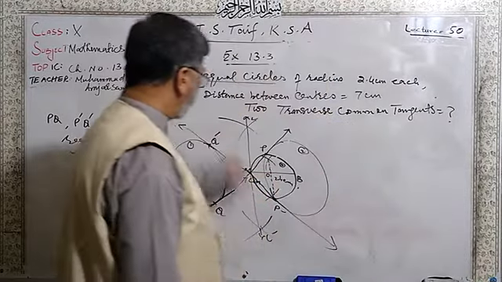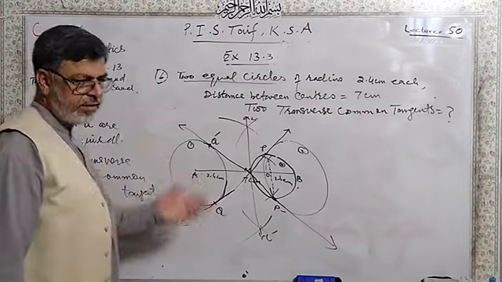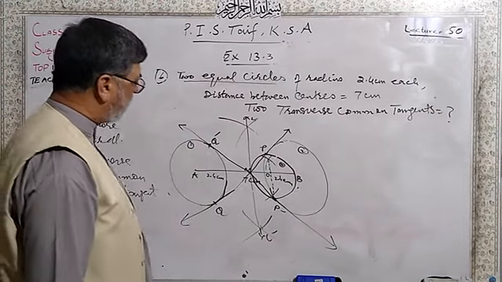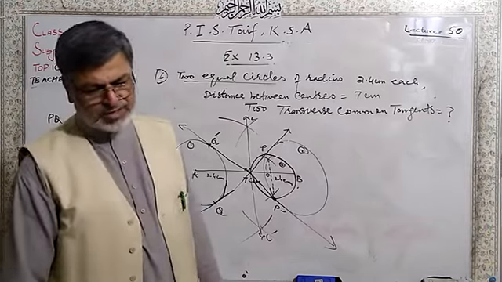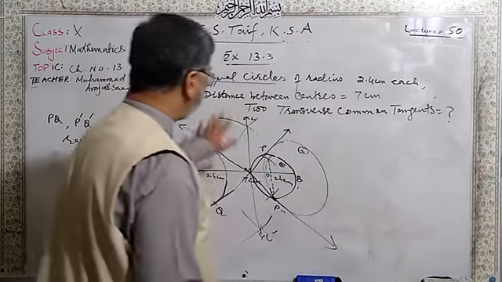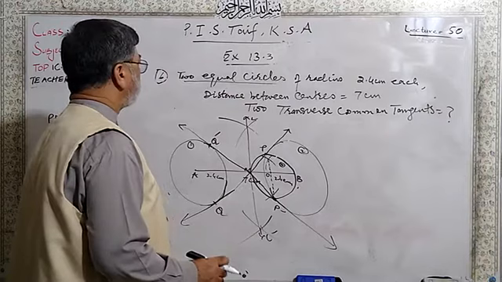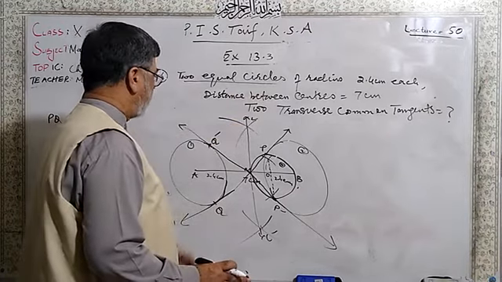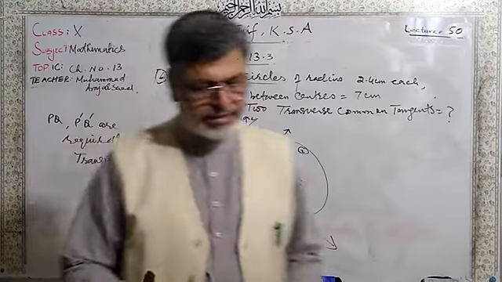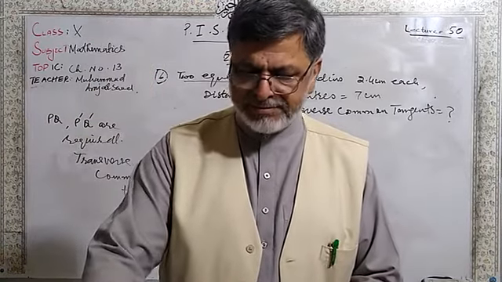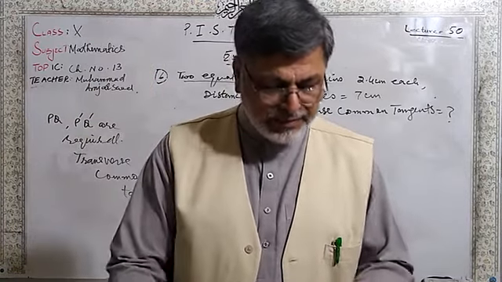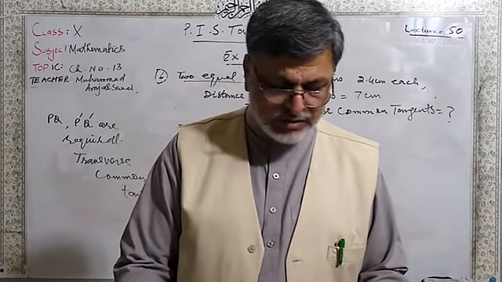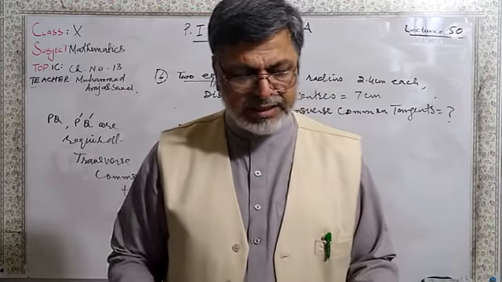So in this way you can join and you can draw with the help of compass. It will be more proper, better and more circular. So I am giving you the idea how to draw the two equal circles with centers at 7 centimeter and transverse common tangent. I hope that you understood this question, dear. And after that we have question number 9. Dear students, we have question number 9.